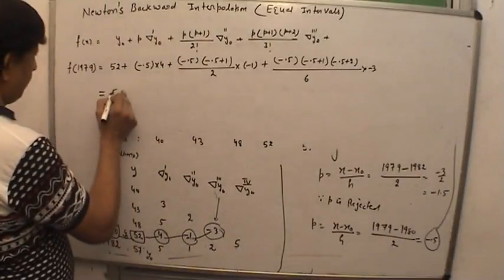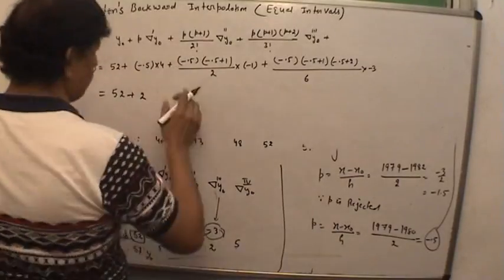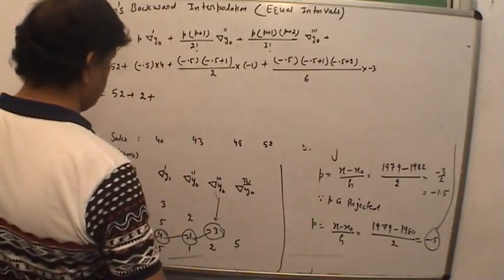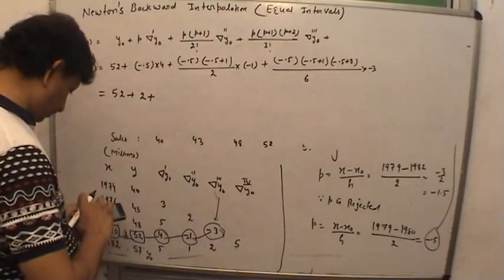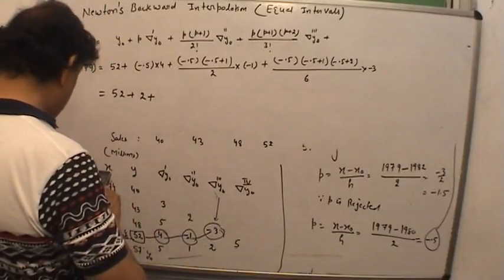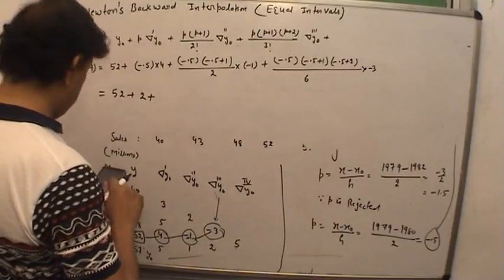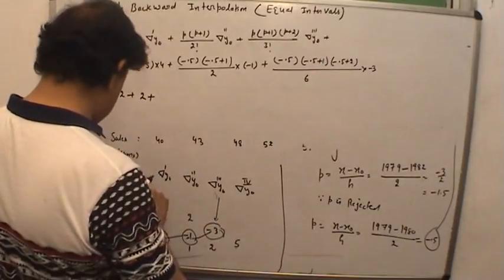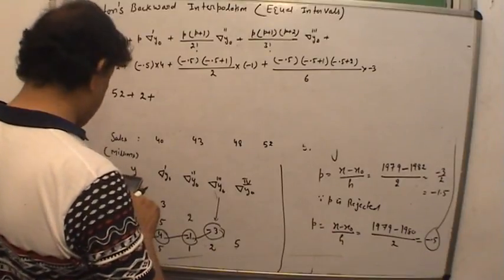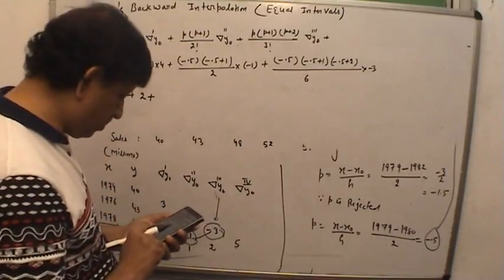So that is equal to 52 plus 2. First of all we decide the sign, 1 minus plus minus, it is plus. 0.5 into 0.5 into 1 is equal to 0.25 divided by 2, that's equal to